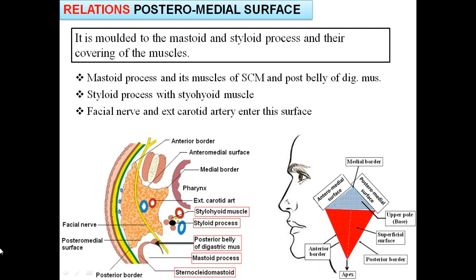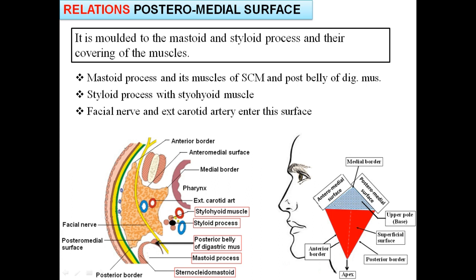Posterior-medial surface relations. This surface is molded to the mastoid and styloid processes, and it is associated with the covering muscles.